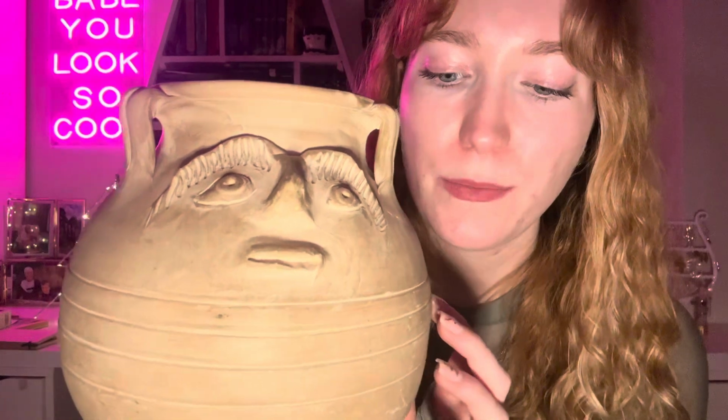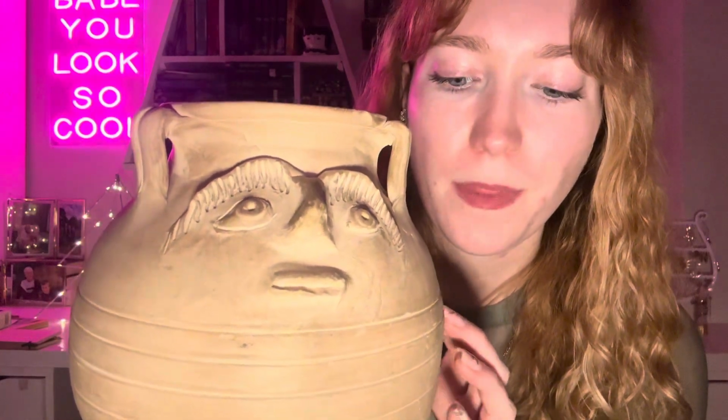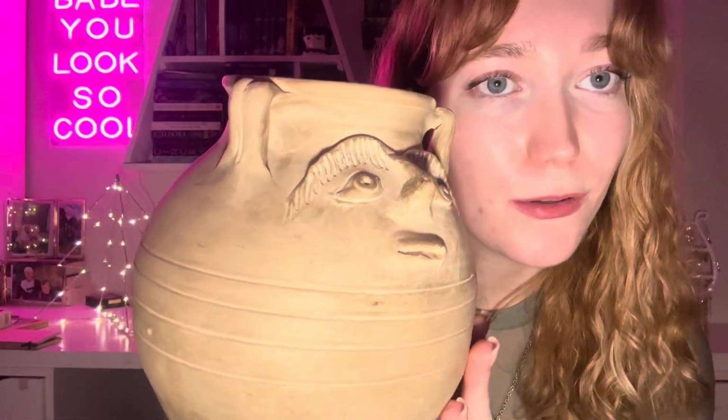This is a replica Roman face pot. We don't know loads about them. Some shards were found in burial sites, so they might have been a cremation pot or an urn. Some were found in domestic settings or in military bases, so they could have just been cooking pots or storing pots. Or they are also found...